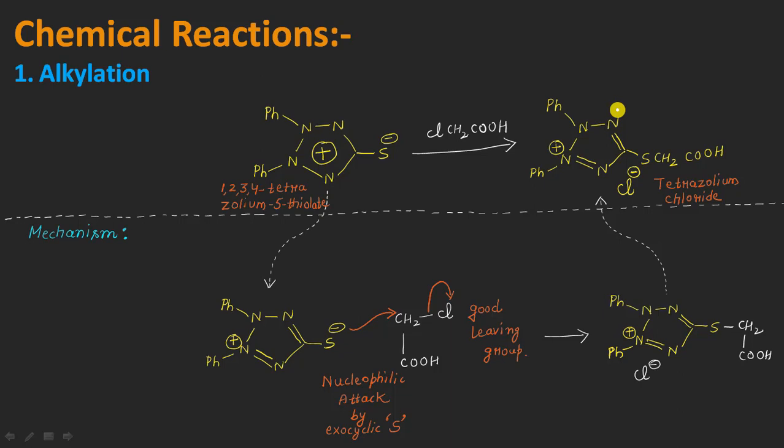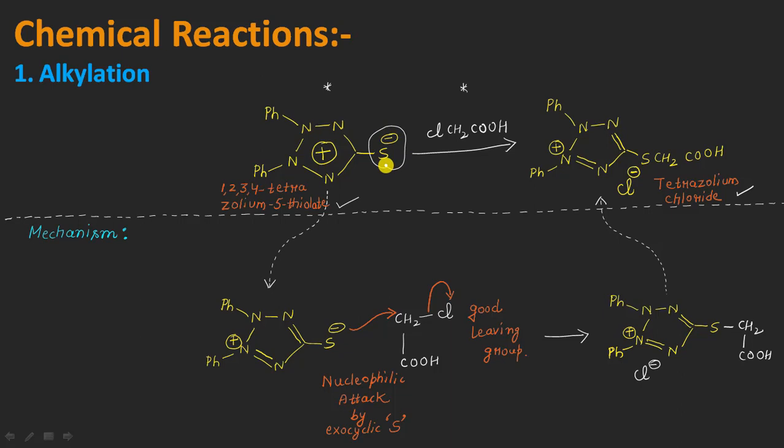So here goes the first reaction, in which you can see that from this mesoionic, if we add chloroacetic acid, it results in the formation of this kind of tetrazolium chloride. Okay, so by comparing the product molecule here and the reactant on this side, you will observe that whatever reaction is taking place between the mesoionic molecule and this reactant, the chloroacetic acid, it is only in this part of the mesoionic molecule, right?